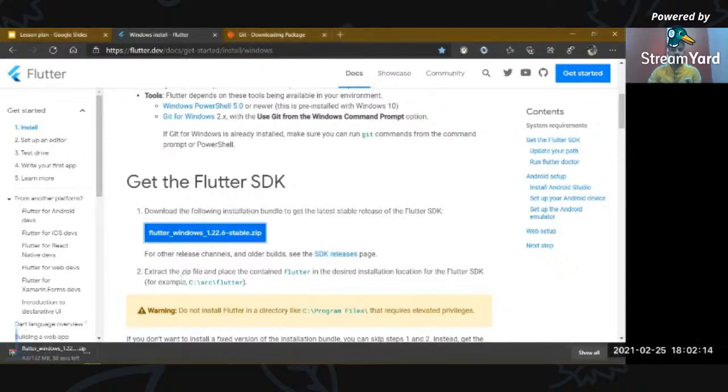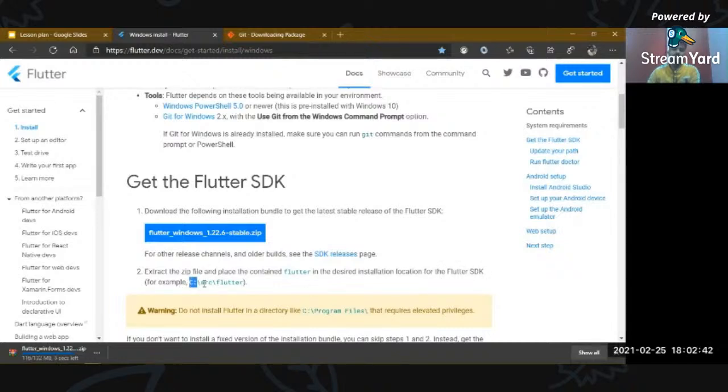Click on that. Let it download. Now it mentions that you extract the zip file and place the contained Flutter folder in the desired installation location for the Flutter SDK.